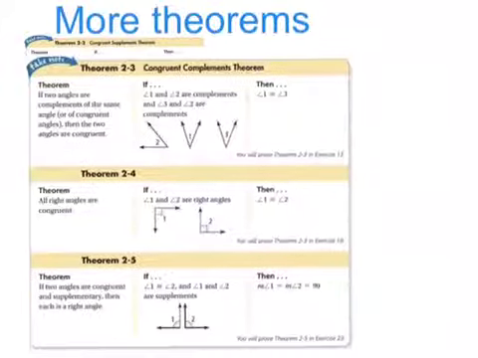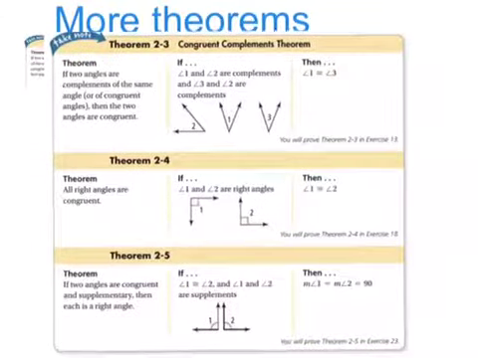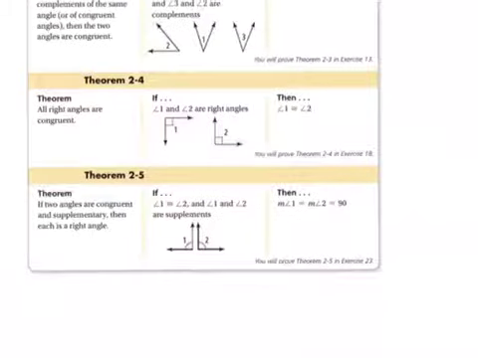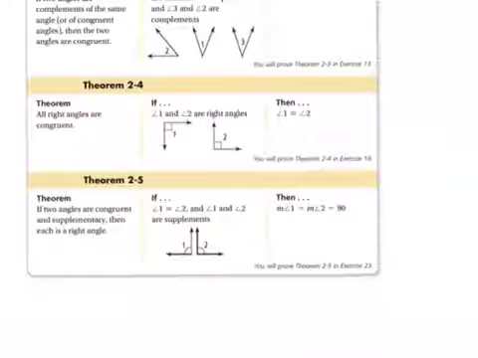Then we have theorem 2-4. 2-4 just simply says that all right angles are congruent. And basically, since all right angles equal 90 degrees, they must be congruent because they have the same measures. That's a pretty simple theorem. And then theorem 2-5. Theorem 2-5 says if two angles are congruent and they are also supplementary, then they must be right angles, or they must be equal to 90